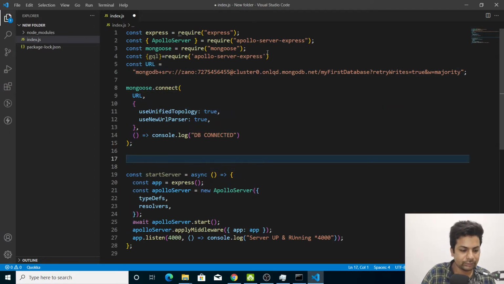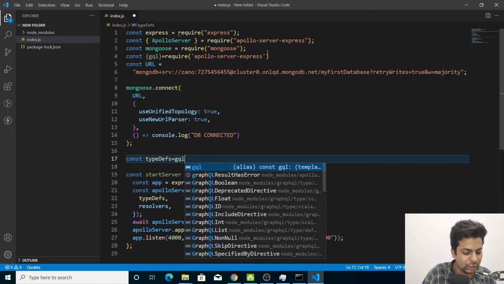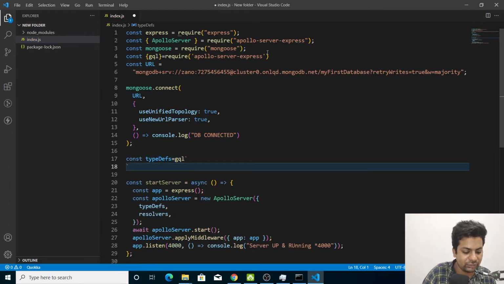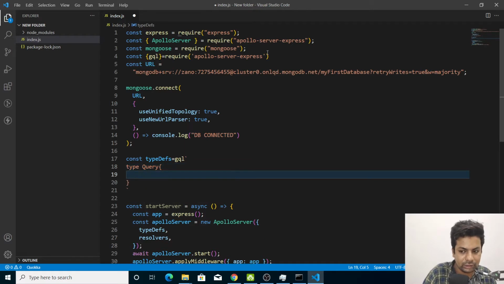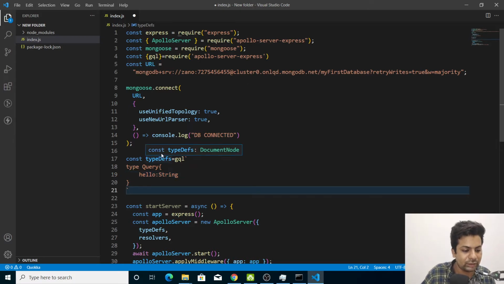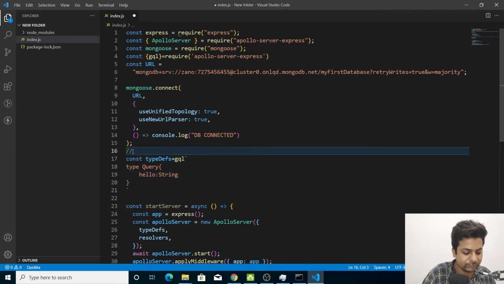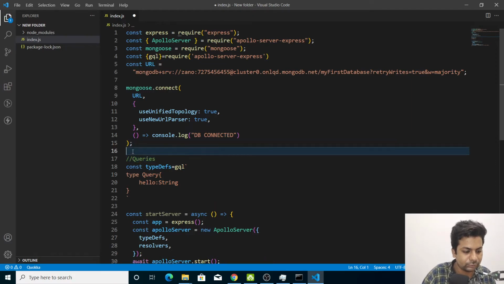I'll say const typeDefs equals gql, and let me define the first one. We'll say type Query, and here we'll say hello, and that will return a string. Now come to the resolvers. These are the queries.